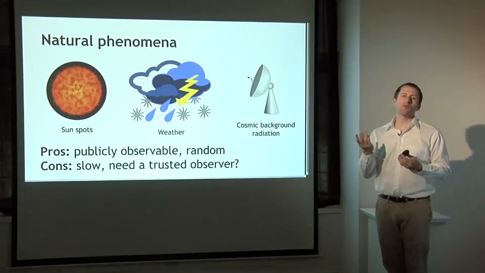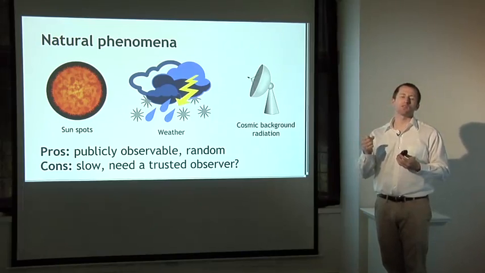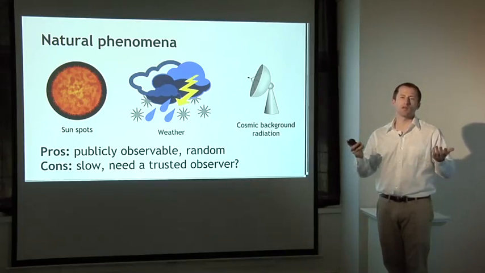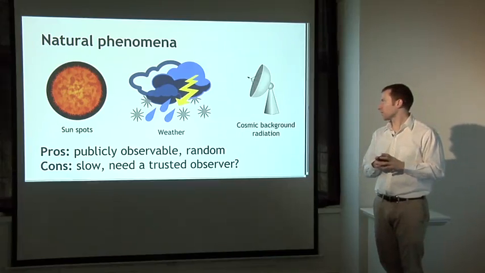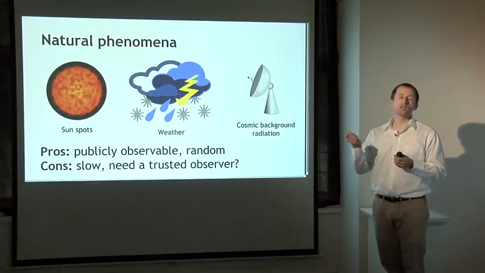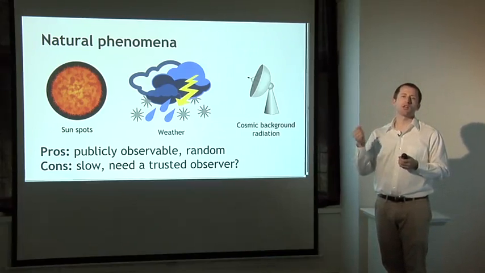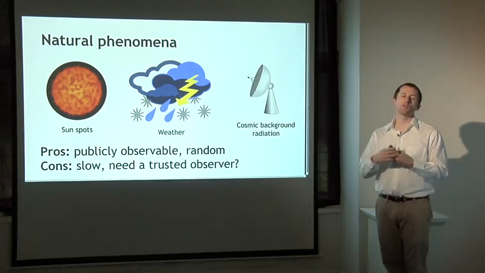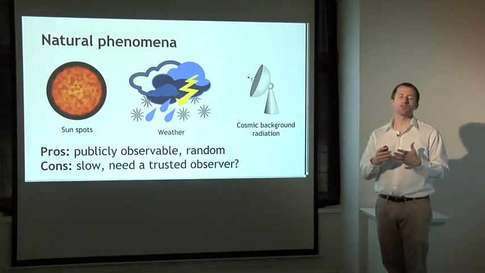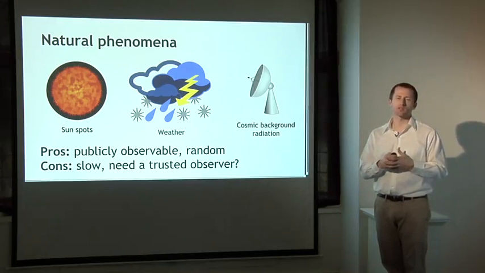We might get into a problem if I have my own thermometer that says that it was 73 degrees and somebody else has a thermometer that says that it was 72 degrees, and the difference between those two meant that a different person won the lottery or some other important outcome of the randomness. To get around that problem, we would probably need to designate and say we're going to use one specific person's thermometer to actually measure this phenomenon, or maybe we'll use the National Weather Service. But at that point, you've basically reinserted one trusted party who has control of the process.